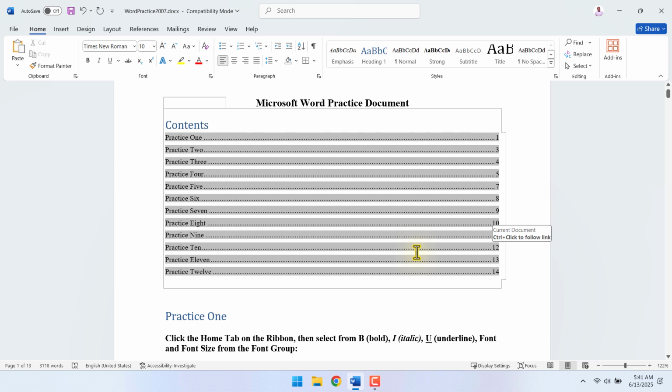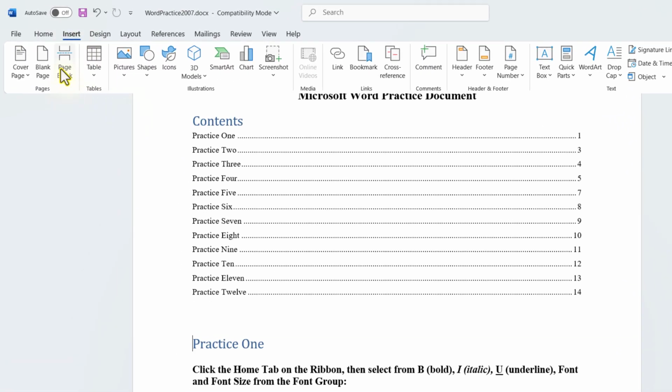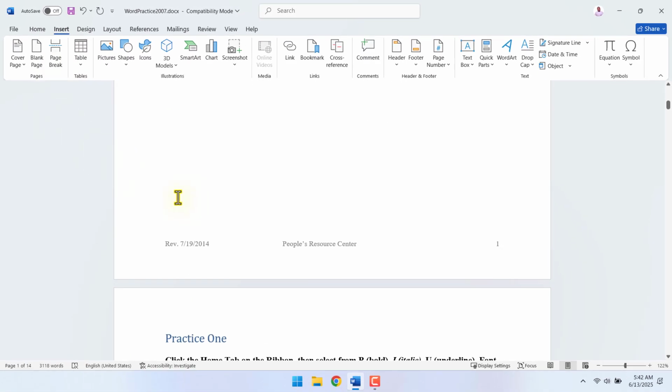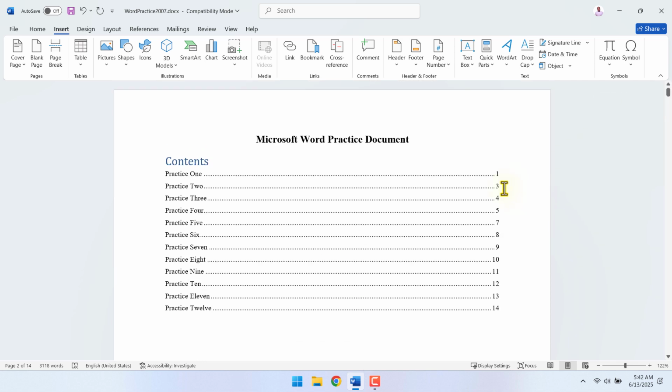A few things to be aware of when you're working with a table of contents. If your page numbers change, you'll have to update the table. As an example, let's go down here, and instead of having this on the first page, I'd rather have it start on the second page. Let's go up to Insert, and let's insert a page break. So now, Practice 1 starts on the second page, but here it refers to page number 1 in the table